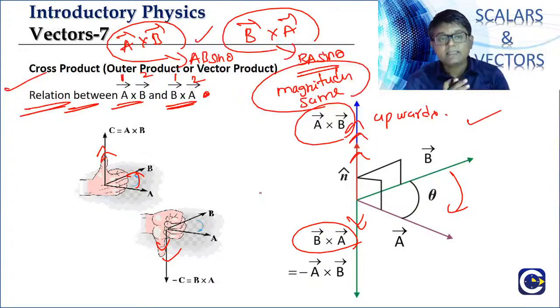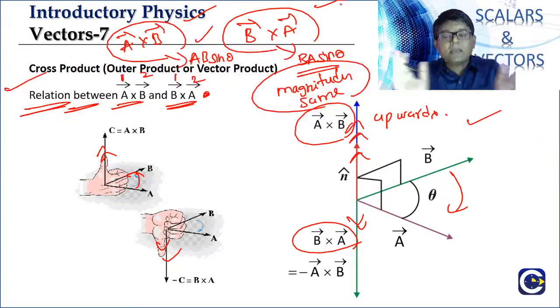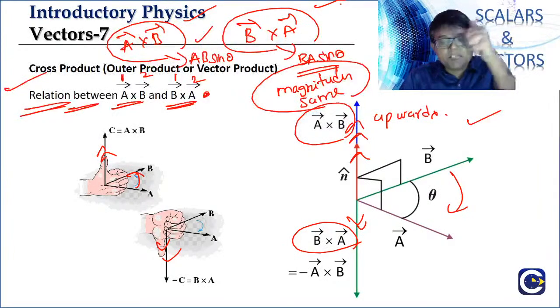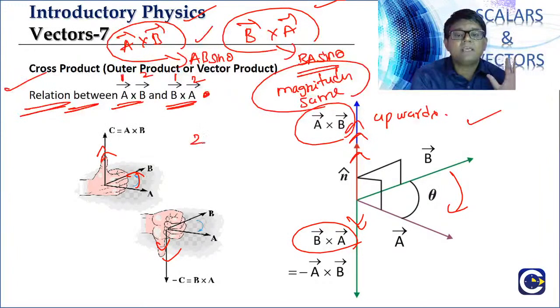The purpose with which we began is to know the relation between A bar cross B bar and B bar cross A bar. What is the relation between A cross B and B cross A? First we said they will have the same magnitude. What about the directions? If A cross B is up, B cross A is coming down. Just as an example, if A cross B is 2 units upwards,